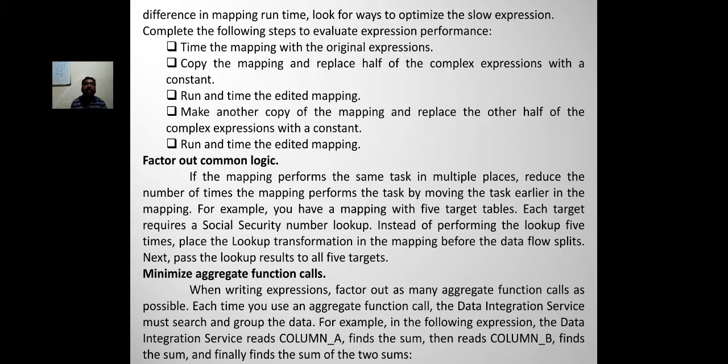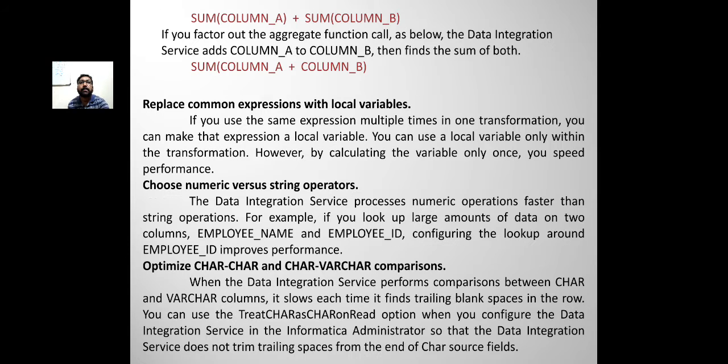For example, in the following expression, the Data Integration Service reads column A, finds the sum, then reads column B, finds the sum, and finally finds the sum of the two sums: SUM(column A) + SUM(column B). If you factor out aggregate function calls, the Data Integration Service adds column A to column B, then finds the sum of both: SUM(column A + column B).